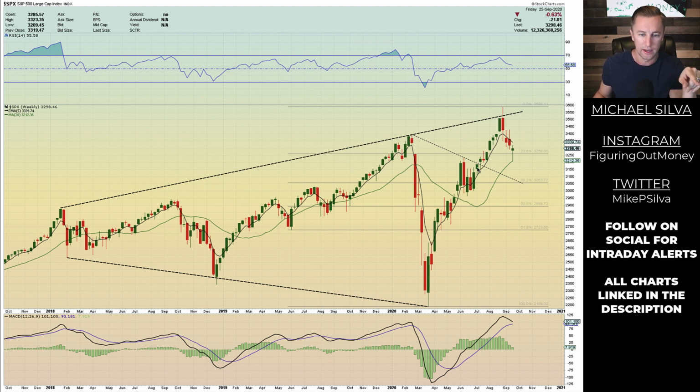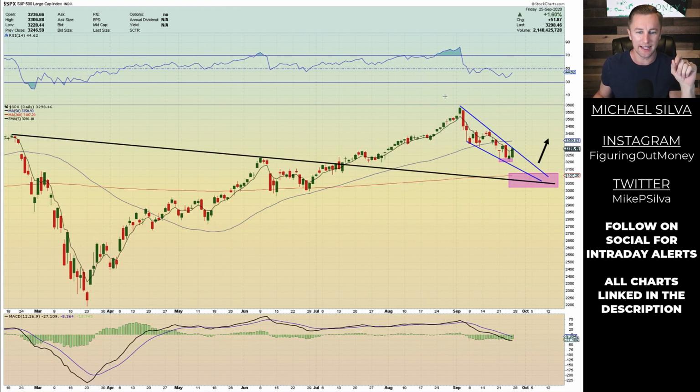So let's just go ahead and hop over to the daily time frame for the S&P 500. Okie doke. Here is the daily time frame for the S&P 500. This first pink box right here represents the first area of support that we were talking about. We said, hey, if the price continues to get into this area, it could very well offer up a good risk-to-reward trade where you can buy in and then have a tight stop loss.